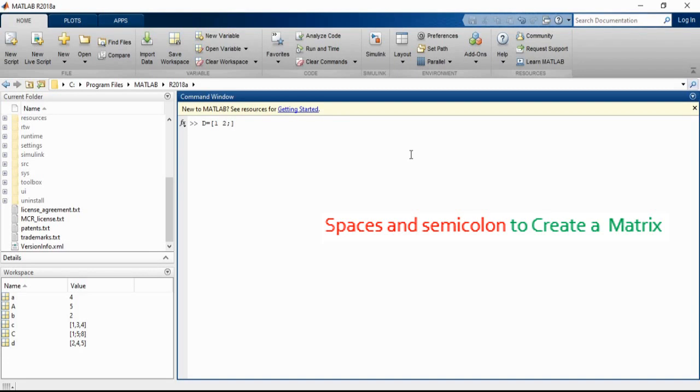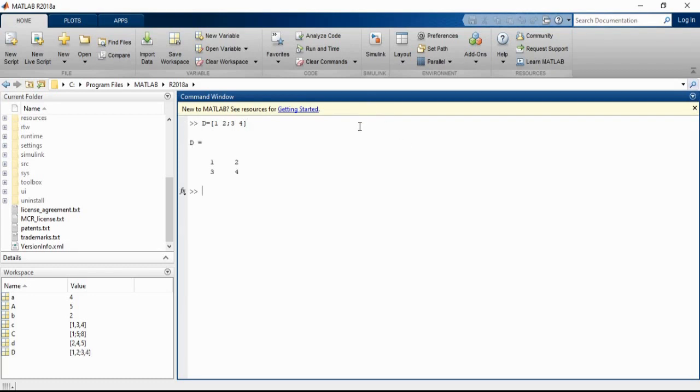That means I go to the next row and I will create another row. So 3, 4. Now here we can see the D variable is storing the complete matrix. So 1, 2, this is a single row, that's why it is a row vector. So this is one row vector and this is another row vector, and this is a column. 1, 3 is a column, 2, 4 is a column, right? So we have a total 2 by 2 matrix.